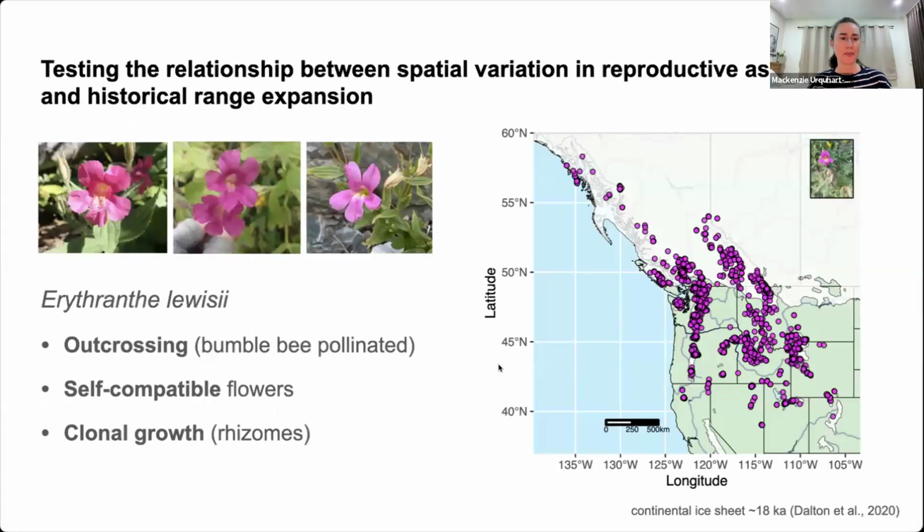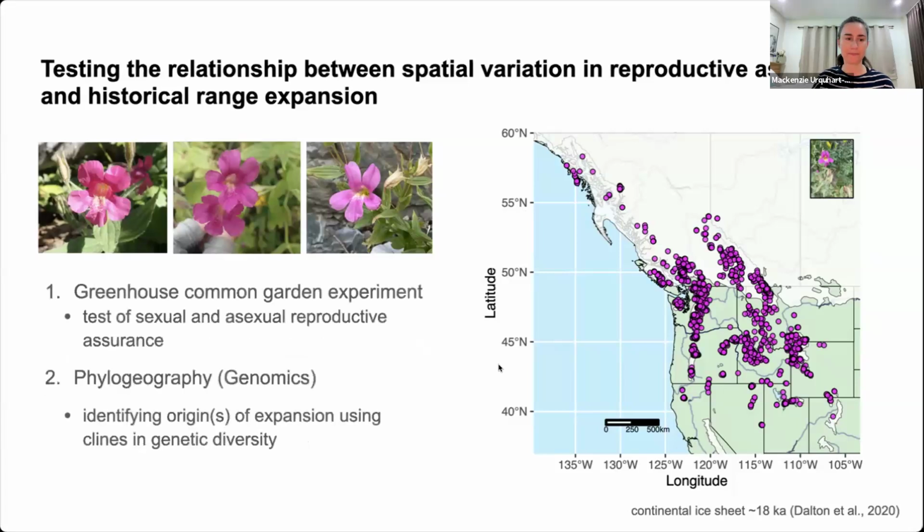So to test my hypothesis and predictions, I used Erythranthe lewisii, or northern pink monkey flower, formerly the northern subspecies of Mimulus lewisii, as my focal species. So Erythranthe lewisii is native to alpine riparian habitat in northwestern North America. It's a perennial species, it's diploid, and it's thought to be typically outcrossing, but it's capable of autonomous self-fertilization and clonal growth via rhizomes. So the map here depicts occurrence records of lewisii across its entire geographic range, and the white overlay on the map is the last glacial maxima of the continental ice sheet.